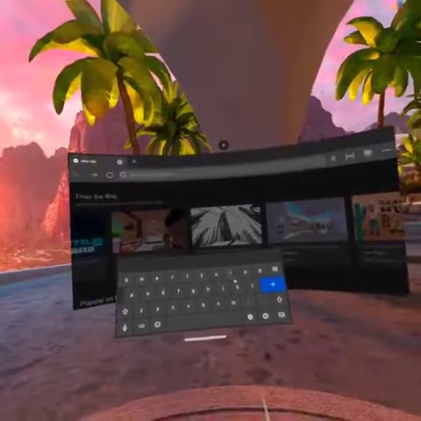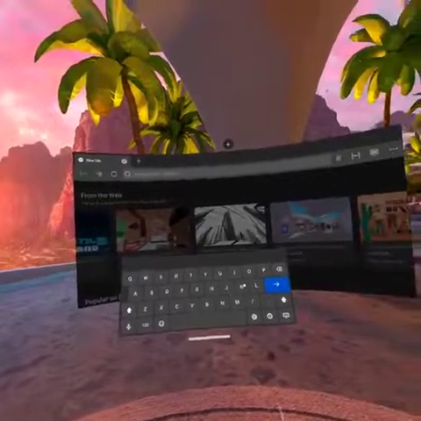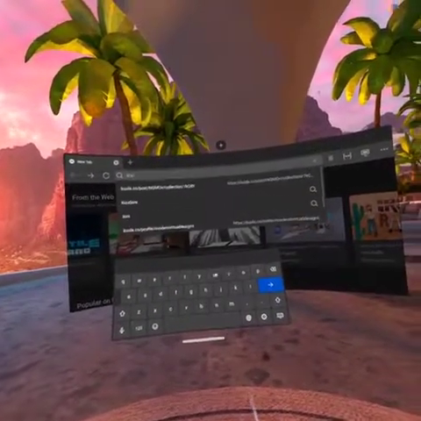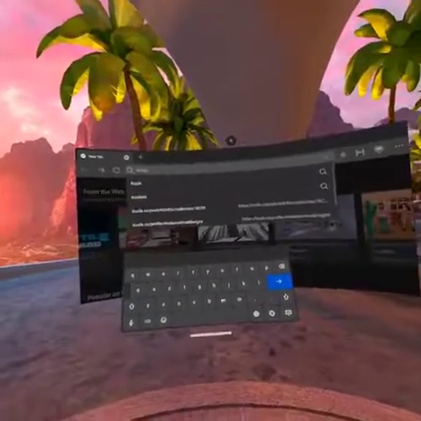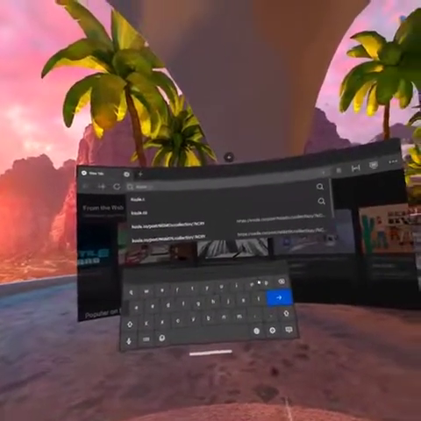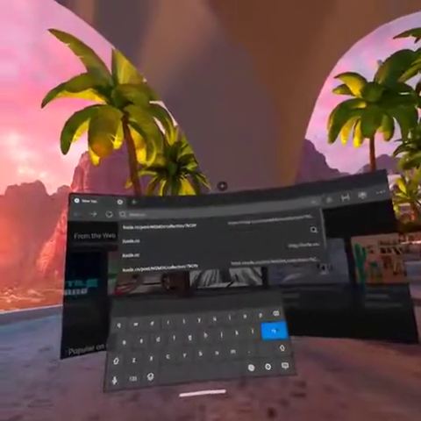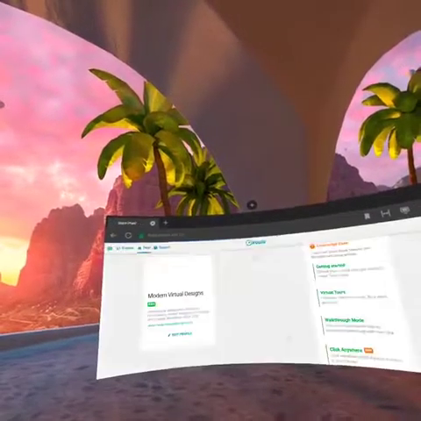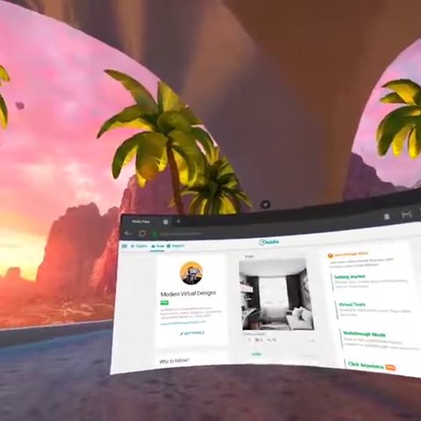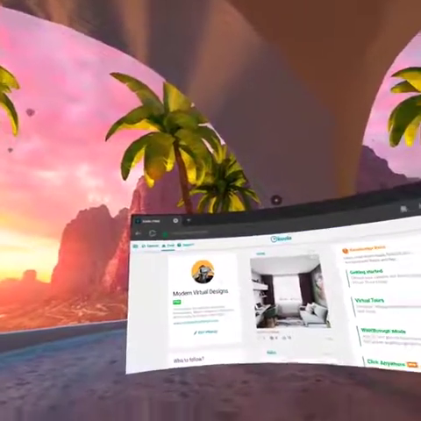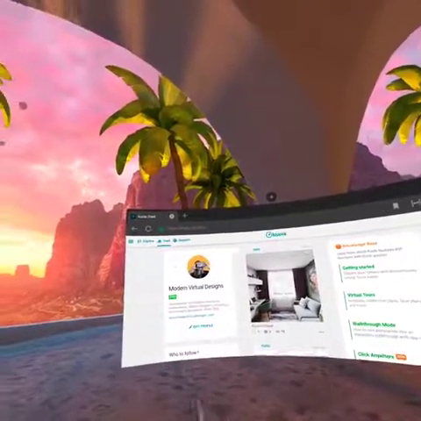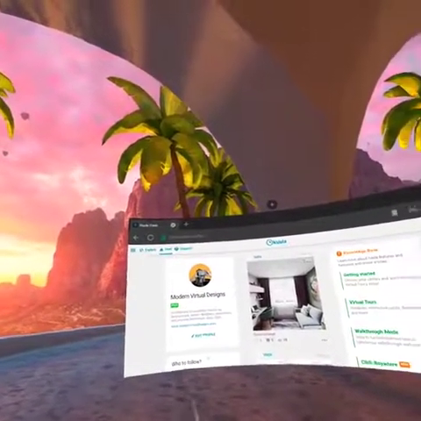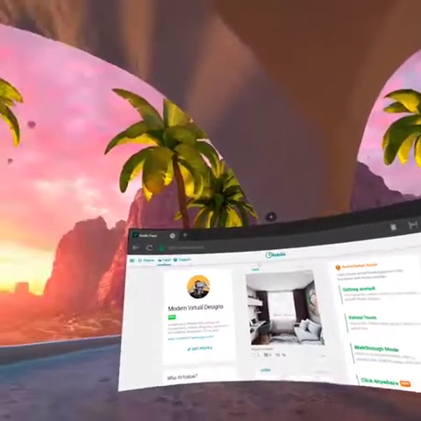I will type Kula, K-U-U-L-A .co, enter. And from there, I'm seeing this because I already logged in, but what you will probably find is just a basic Kula website,